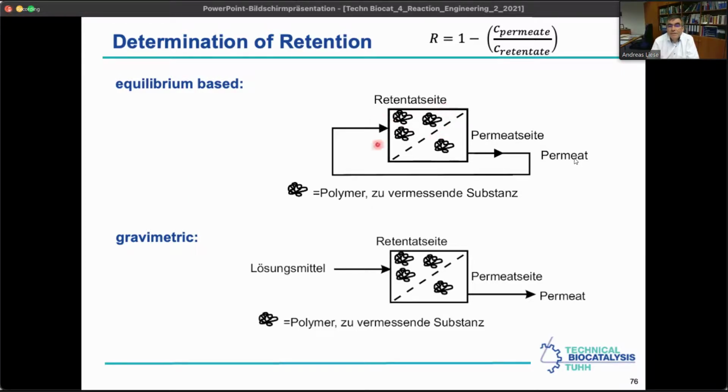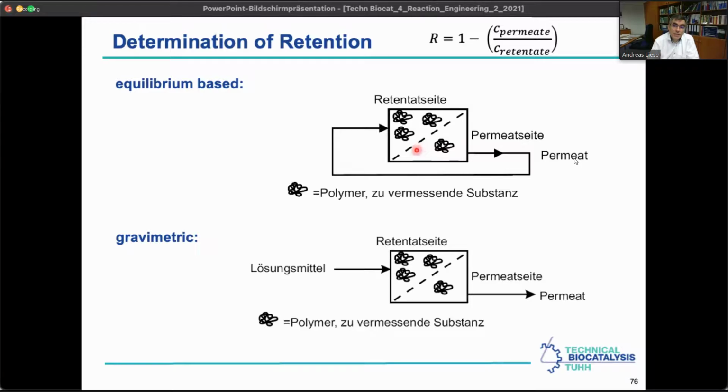Equilibrium-based means that we have a filtration unit like what you see here, and the enzyme in our example, homogeneously solubilized, is mainly on the retentate side. This is the membrane, what you can see here. However, it's not 100% retained, so we get some very small amount of enzyme that might have passed